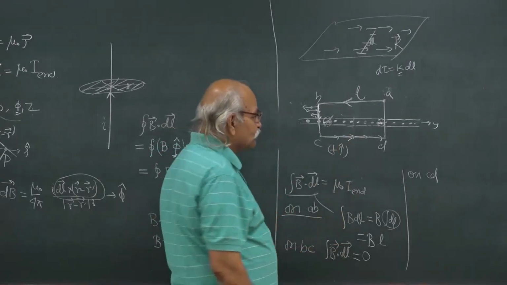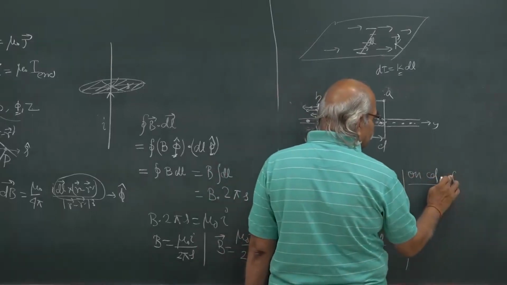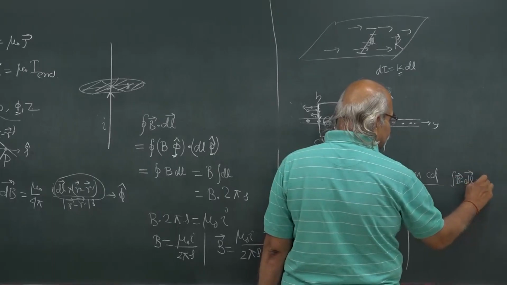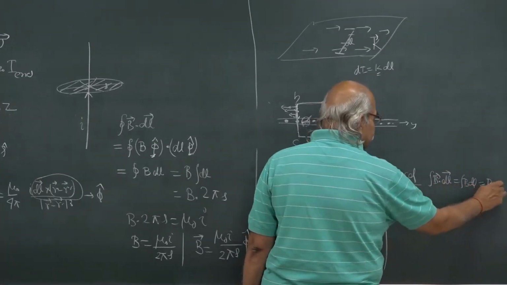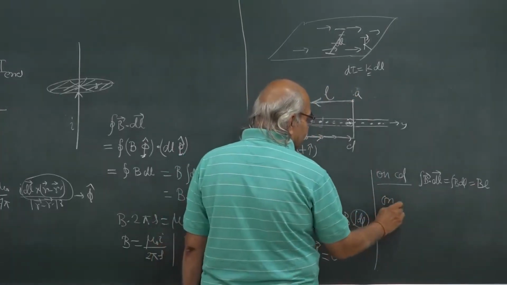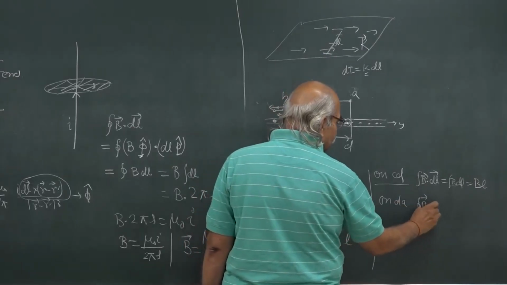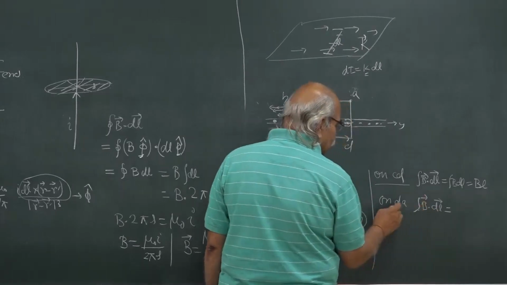So, the same rule for CD: integration of B dot dl is equal to B dl, which is equal to B into L. And then on DA,